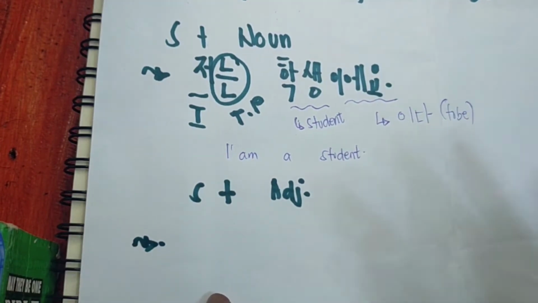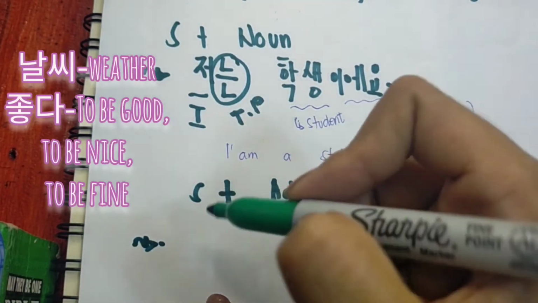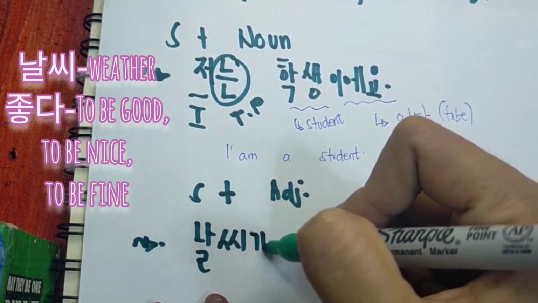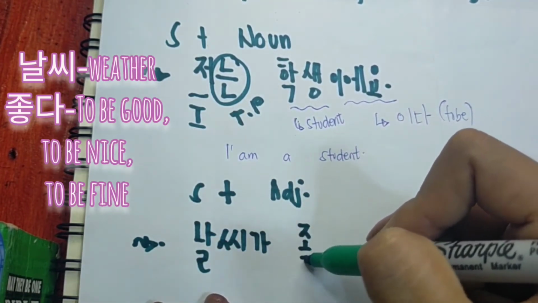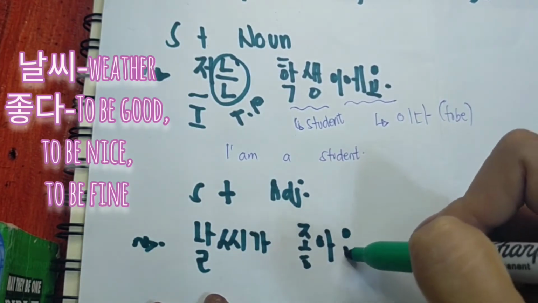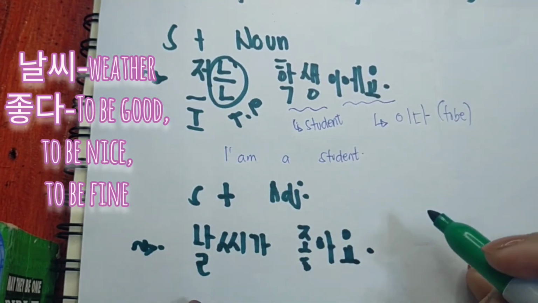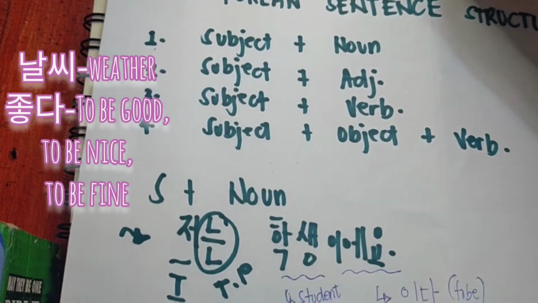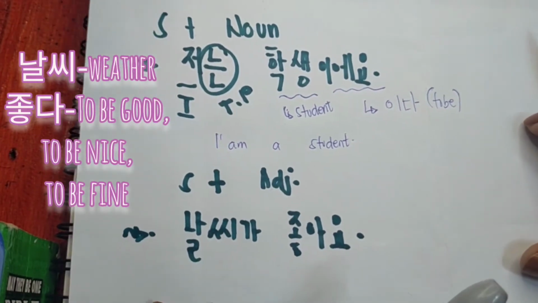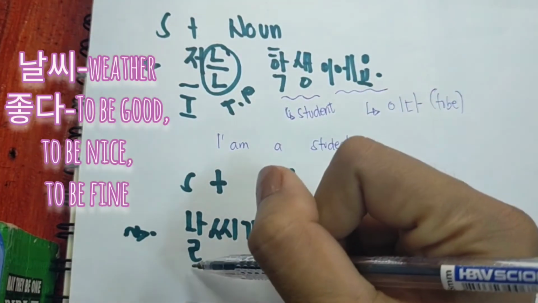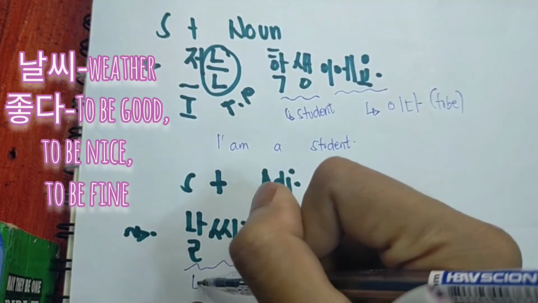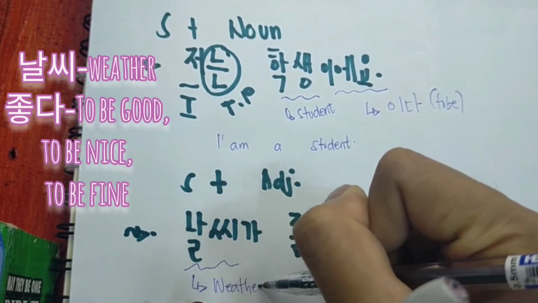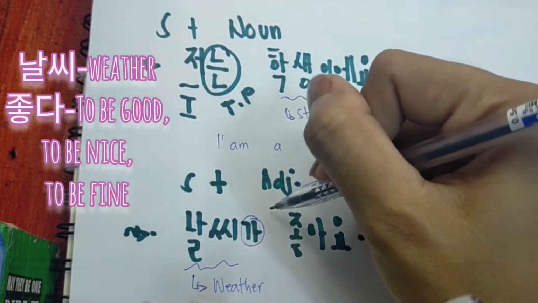Example na sentence: 날씨가 좋아요. Ang subject din dito is itong 날씨. 날씨 means weather. Etong ga is subject